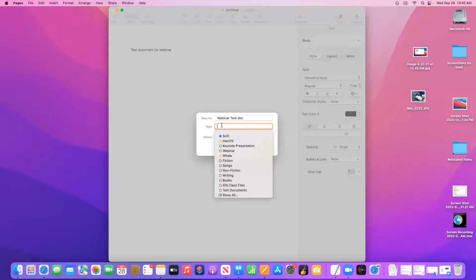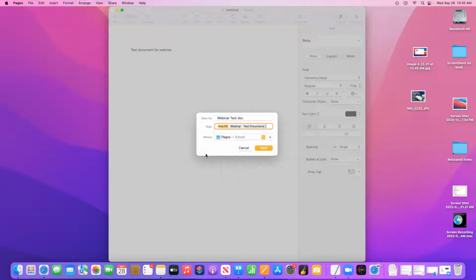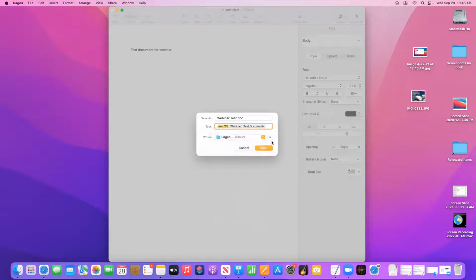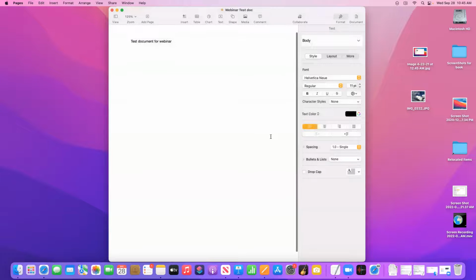And I can add tags to this. I can say, macOS. I can say webinar, and so on. Test document. So I can search for this a number of different ways, and I can put this on my Mac. I can put it in the cloud. I'll leave this in the cloud for now. I'll save that. So now I've got this document, and I could easily go to my tablet,